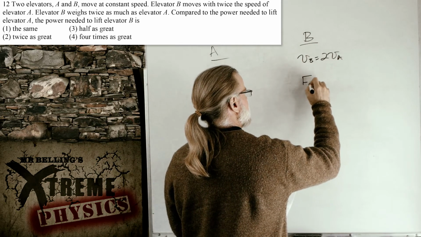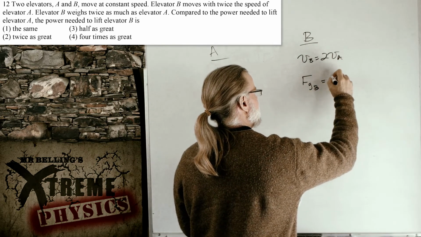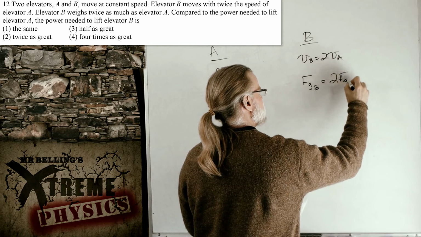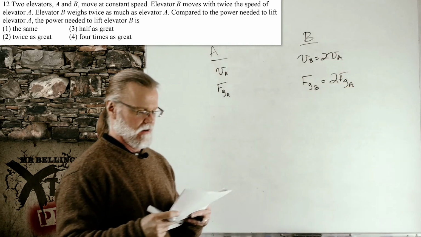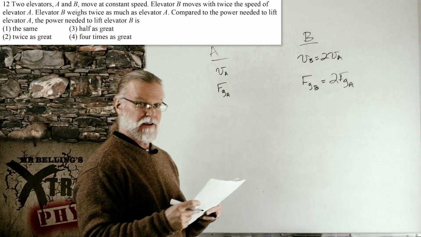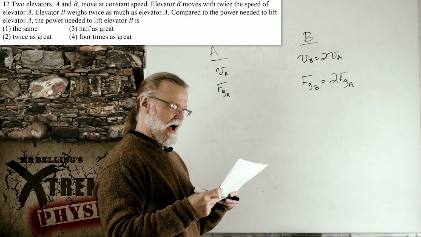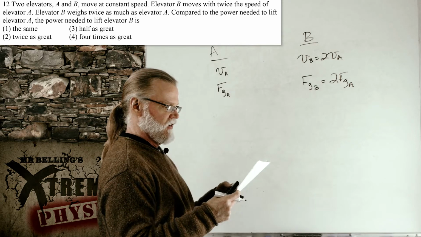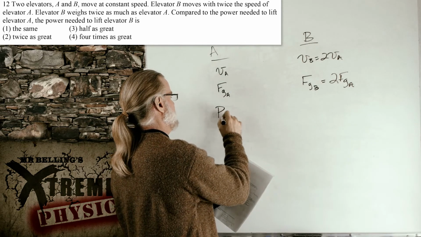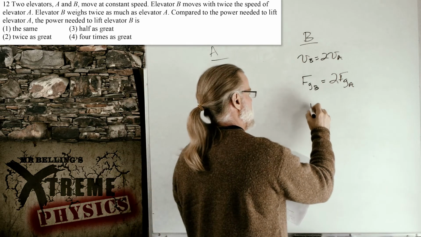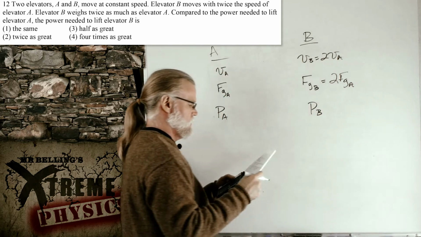So the force of gravity on B equals twice the force of gravity of A. Huh? It's getting very intriguing at this point. I wonder where they're going with this. Compared to the power to lift A, we want to compare that to